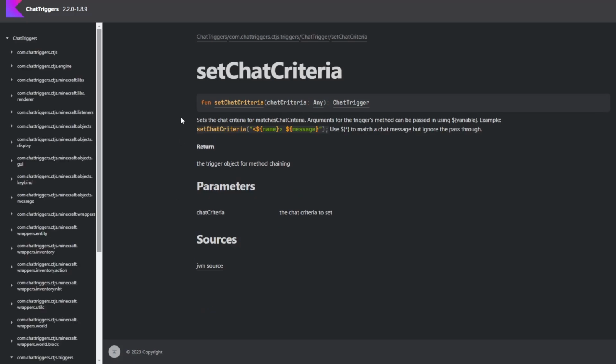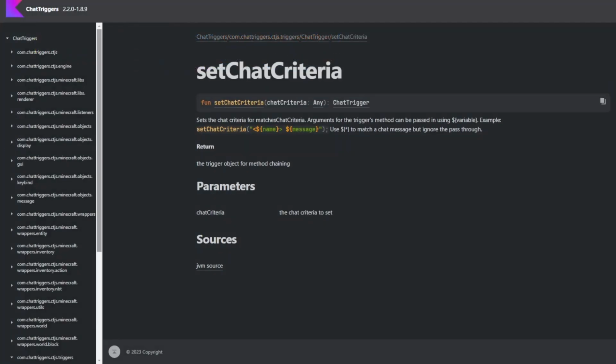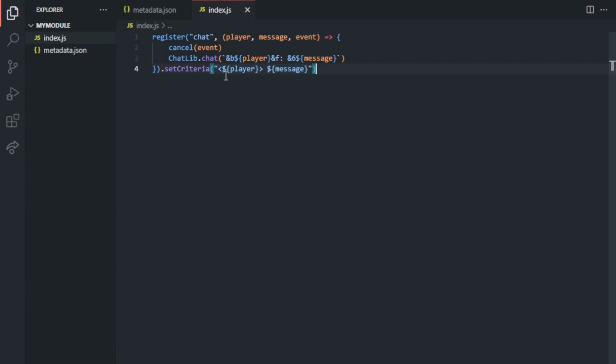set criteria, because this is the most useful feature of this one. So it tells you here how to use it and all of that stuff. So now that we are here in code, you can basically see that that's what we're doing here, right? So here it says that using this dollar sign, brackets, variable name inside, and then closing brackets, it'll basically just kind of take that as a capturing group and say, if I have a message that says, for example, player name, and then it says a message,